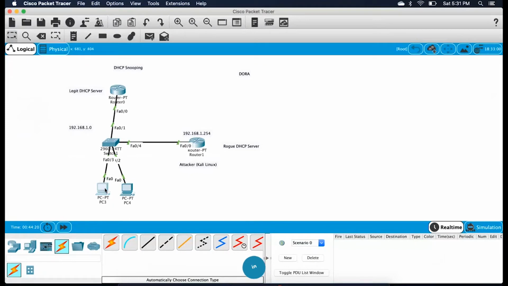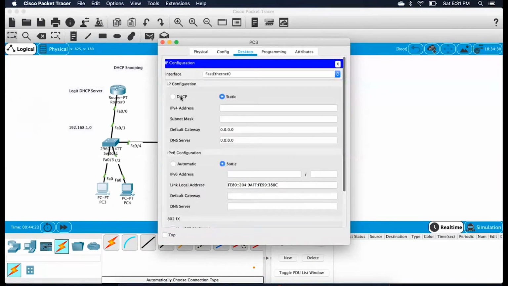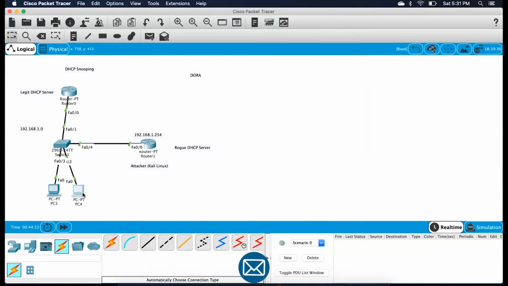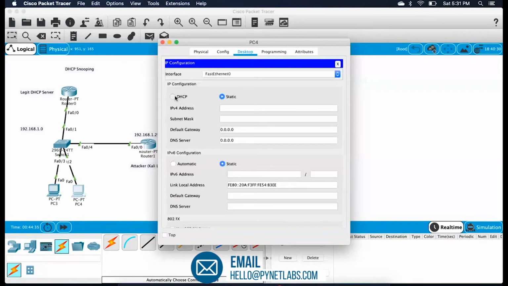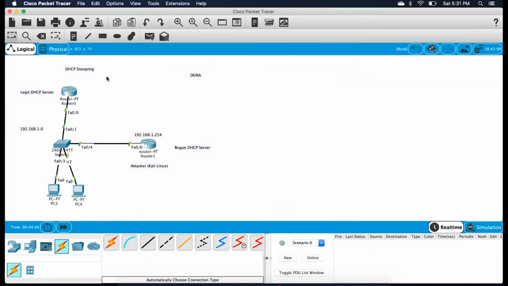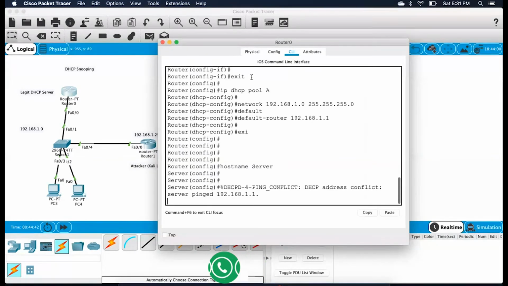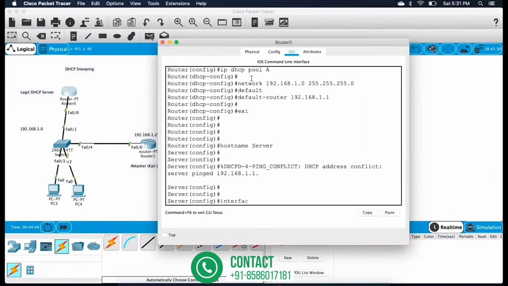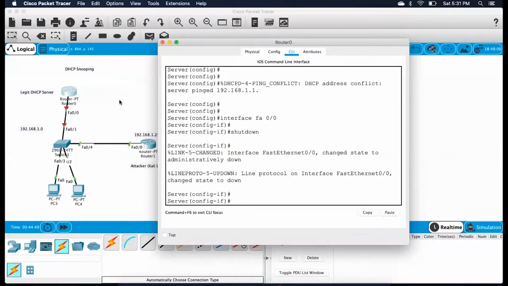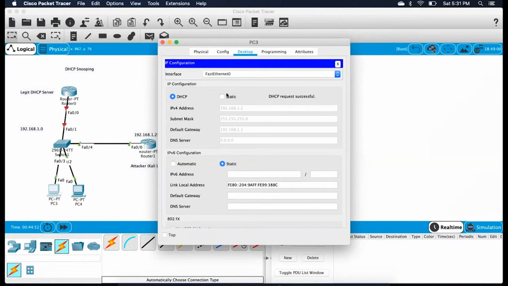Let's see by going onto the PC which one becomes the DHCP server. If the gateway is 1, there you go, it is the original gateway, right? That it needs to be. And then I'll go to the second PC, and the address over here is also this. Now, if I shut down this interface, what would happen? I'd say interface FA0/0 and shutdown. Then if I go on the PC and again request for the DHCP, then it's going to be the